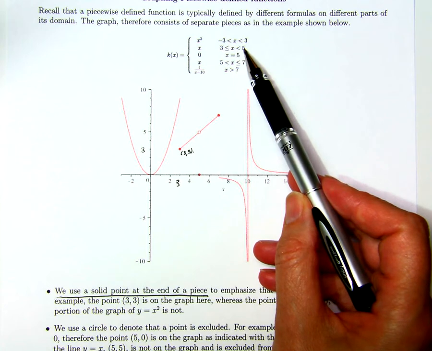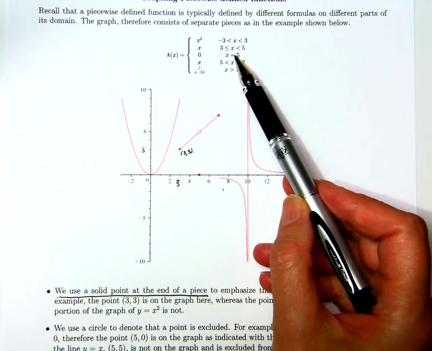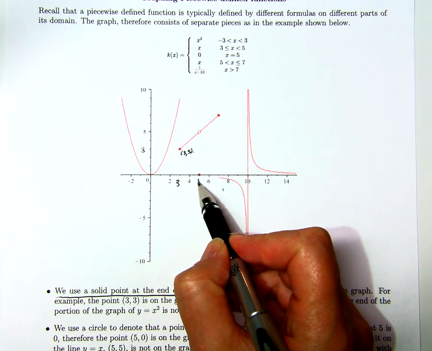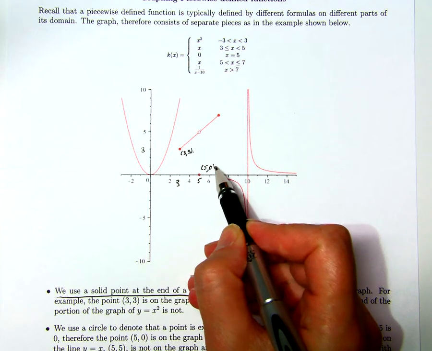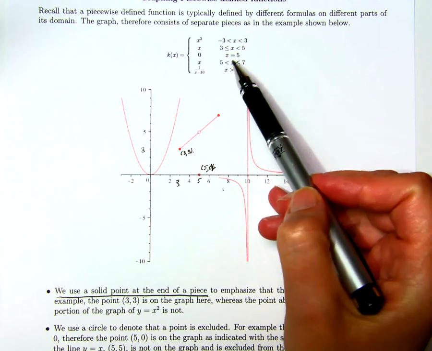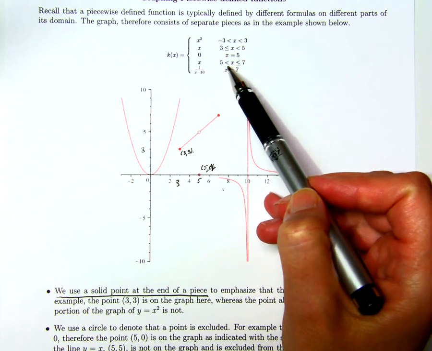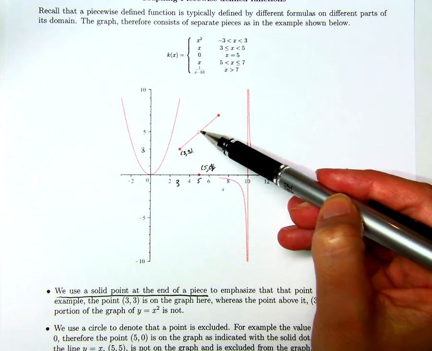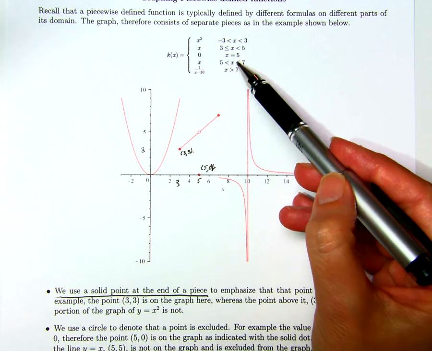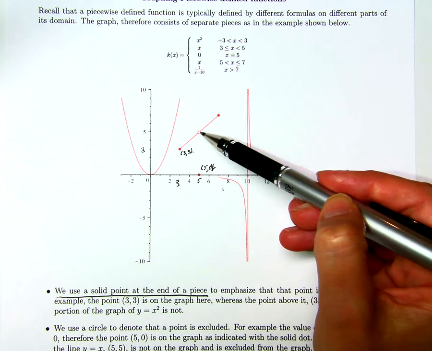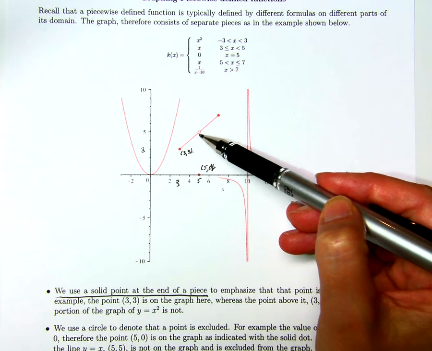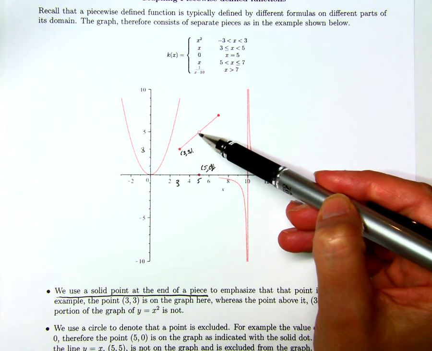Now the point when x is 5, y is actually equal to 0, so the point 5, 0 is on the graph, and so we use a solid point to denote that, and the graph becomes the line y equals x again between 5 and 7. Now it's equal to the graph of y equals x everywhere on this interval between 3 and 7 except when x is 5. And to denote that a single point is left out of the graph,